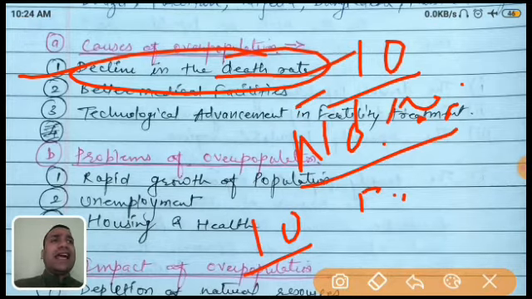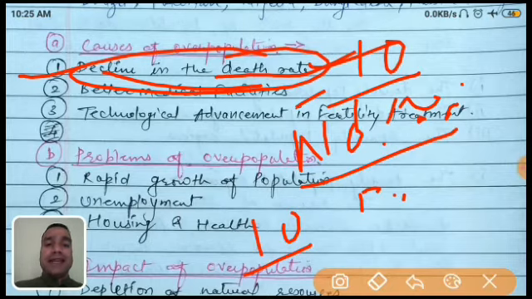In daily life we are facing so many things, and we understand all these problems and aspects through news, the Discovery channel, or different means. So now, if the death rate is declining, obviously what will happen? The population increases. It is the same with the death rate and the birth rate along with it. If the birth rate is increasing, there are two factors: either the death rate is declining, or the birth rate is increasing.